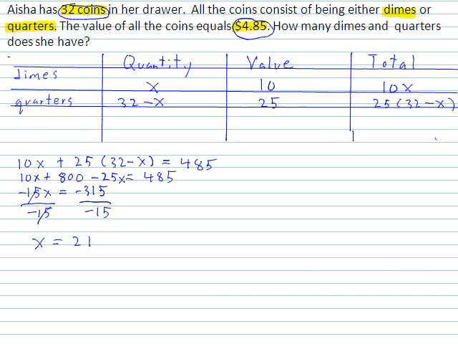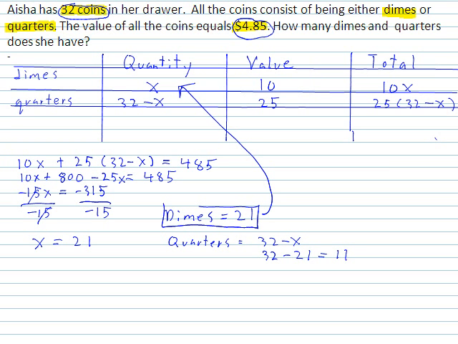So what does that mean? Well, that means there's 21 dimes, right? Because the quantity of dimes equals x. And if we know x, then we can find out the quantity of quarters just by simple substitution. Because we know quarters equals 32 minus x. And here we just found out what x is, so we can substitute, and that equals 11. So that means we have 21 dimes and 11